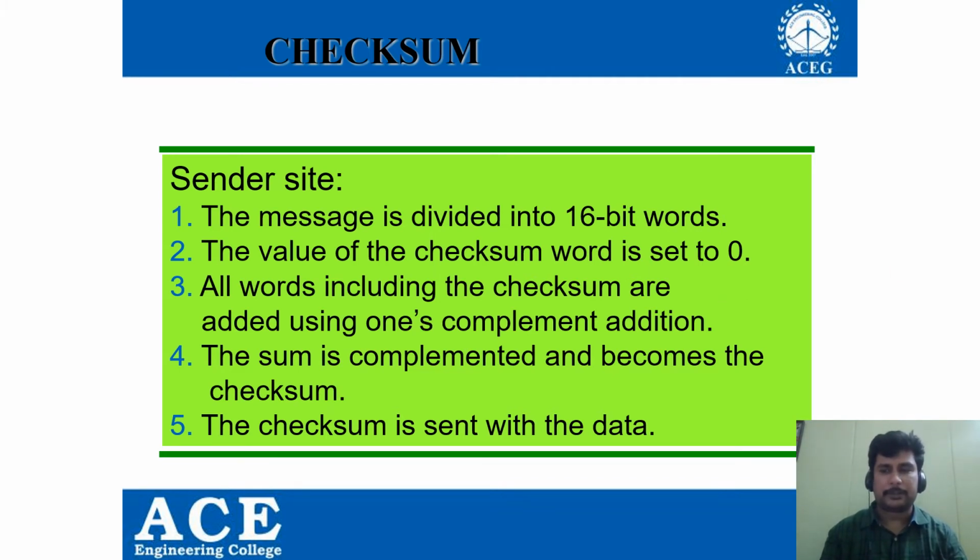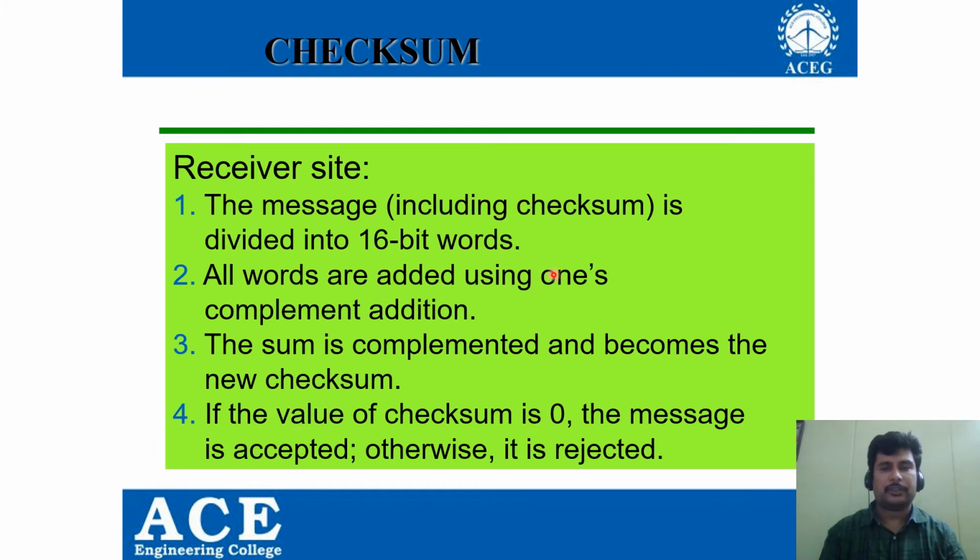Now at the receiver, here also we'll try to divide the message into words. Then all words are added using one's complement addition. Once the addition value is generated, we'll again implement the wrap sum of it, and then the sum is complemented, and the new complemented sum will be called the new checksum. If the value of this new checksum is 0, it means the message is correct without any error. And if the value of this new checksum is not equal to 0, it indicates some error has been generated